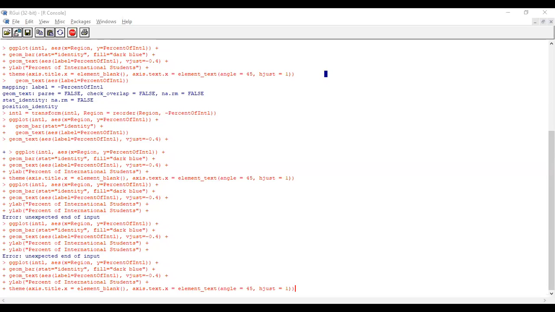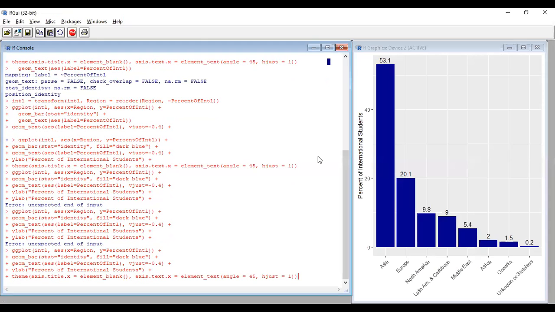Have you completed this one? Just type it in the chat window. Once you complete, you will get this output. Yes, Ashwin completed. Good.